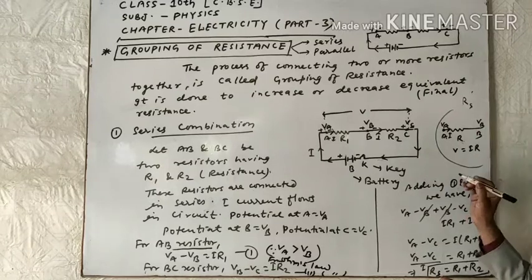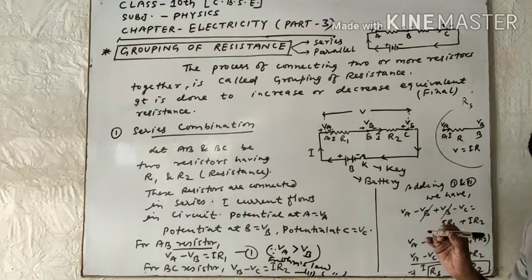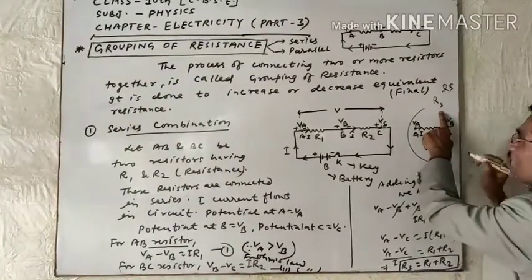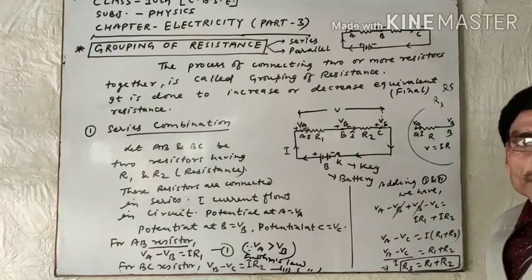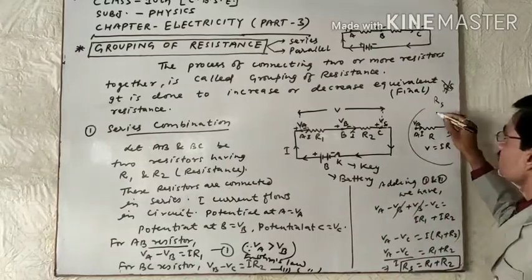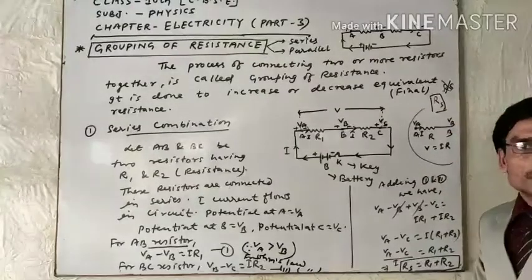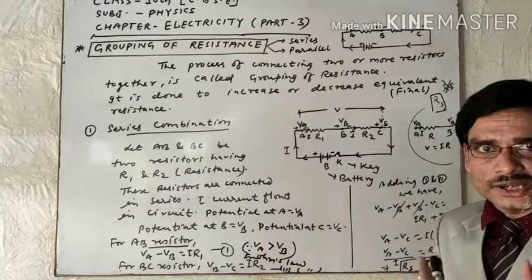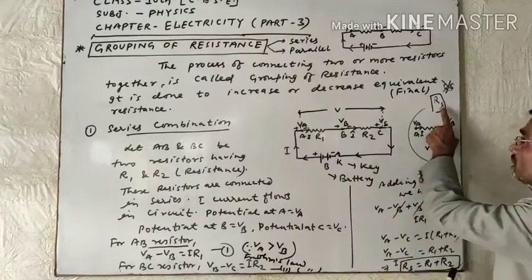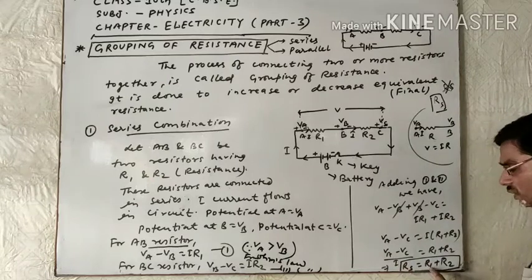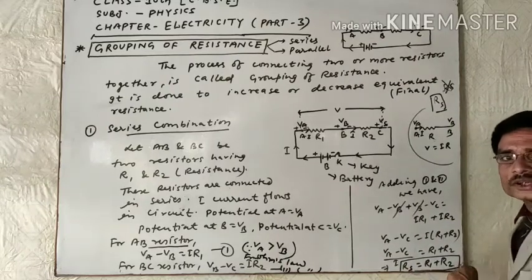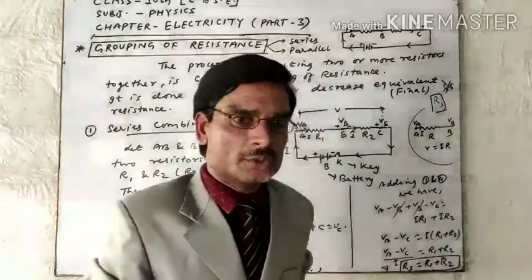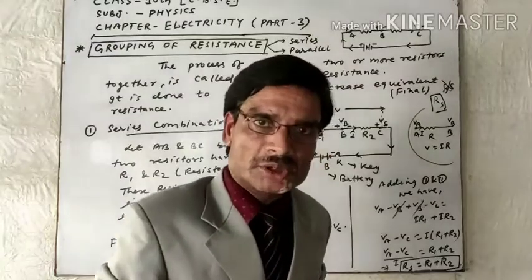R capital, S is also capital, but it is written at lower end. उसको lower end में लिखेंगे। बहुत स्टूडेंट ऐसा भी लिखता है, but that is the wrong way in physics. This is not correct. We will write RS. It refers to total resistance in series combination. RS का मतलब यही हुआ, total resistance in series combination equal to R1 plus R2. This shows the total equivalent resistance of two resistors connected in series combination.